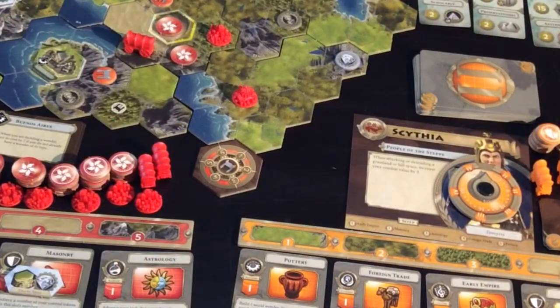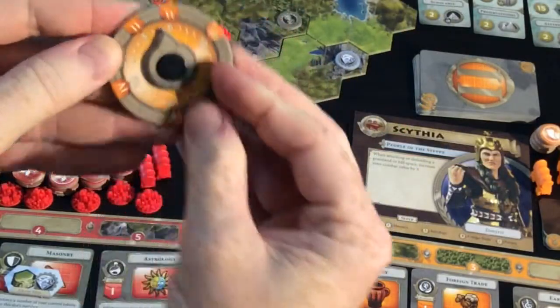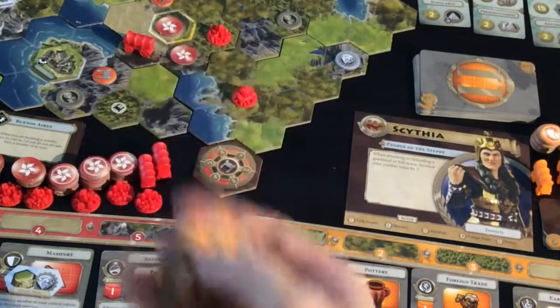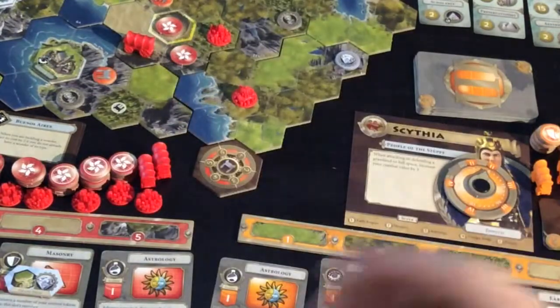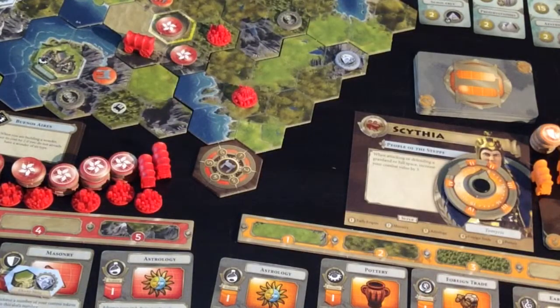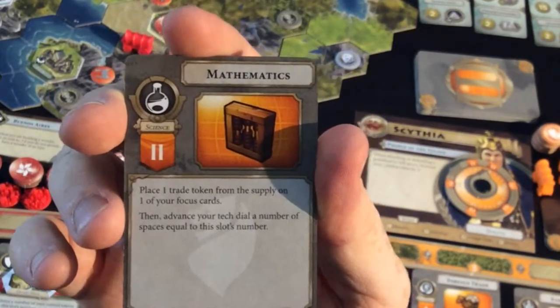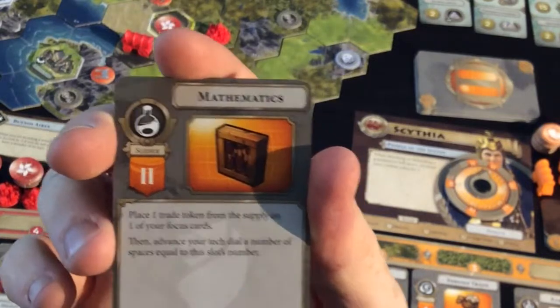Orange's turn next. Orange is going to advance his tech tile 5 spots. So that pushes him up to there, which has passed one of these. So he now takes his Age 2 deck and has a look through to see what he wishes to swap out. This one allows him to place a trade token onto one of the focus cards before he does the